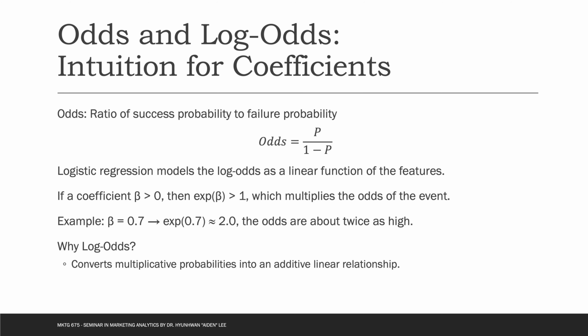Odds tell us how likely success is compared to failure. You can think of it as probability of success divided by 1 minus that probability. In logistic regression, we do not model the probability directly. Instead, we model the log of the odds as a linear function of the features. When a coefficient is positive, it increases the odds of the event. For example, if a coefficient is about 0.7, the odds of the event are roughly doubled compared to when that